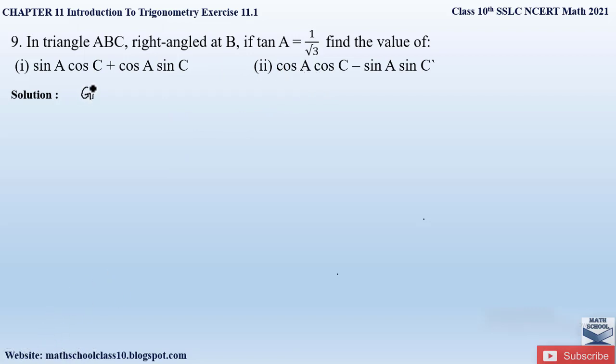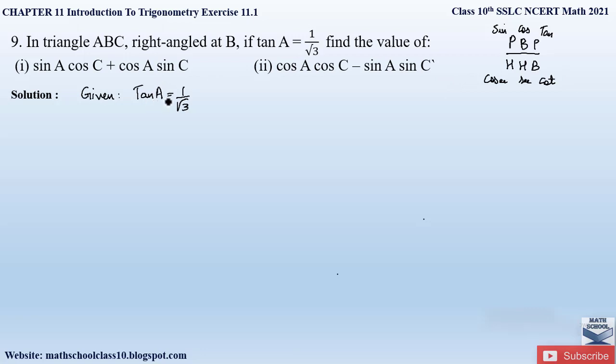They have given us tan A is equal to 1 by root 3, and also they have mentioned in triangle ABC, which is right angled at B, we have tan A is equal to 1 by root 3. So here let us find out the trigonometric ratio for tan A using the relationship. You have to remember this relationship, that is PBP divided by HHB. So here the trigonometric ratio for sine is perpendicular by hypotenuse, cos is base by hypotenuse, and tan is perpendicular by base, and the reverse of this is equal to cosecant, secant and cot theta.